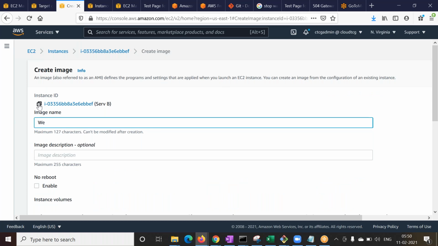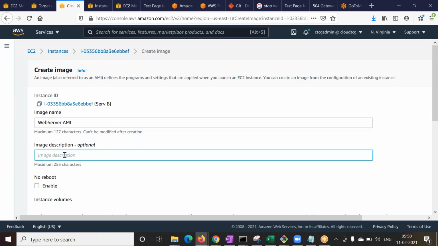So let us say we give the image name as web server AMI, and this is an optional thing, image description. So we can simply write web server,